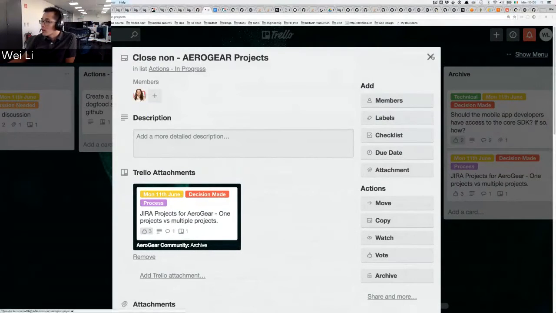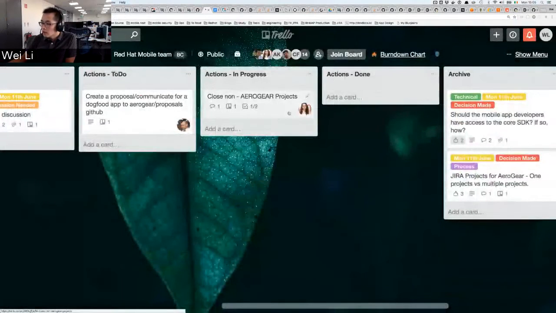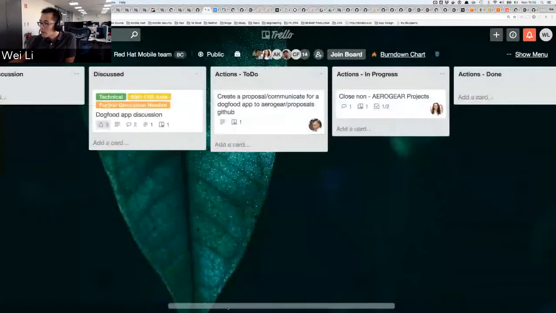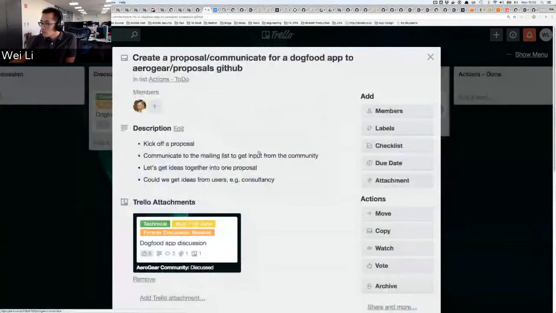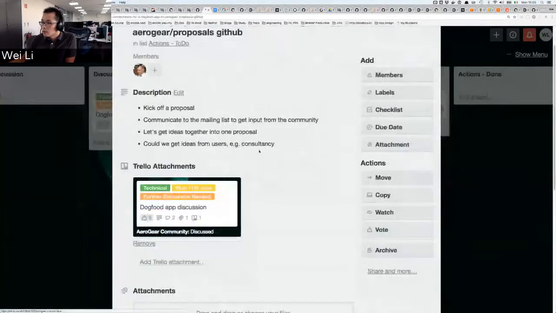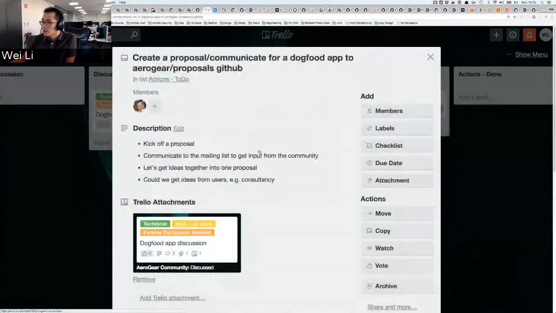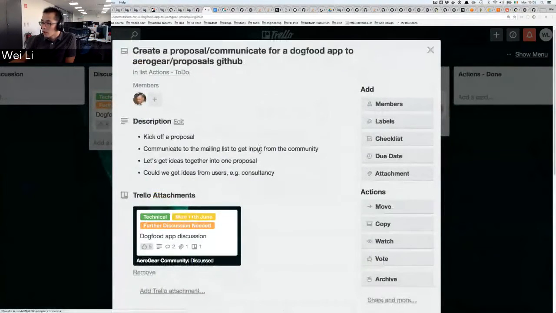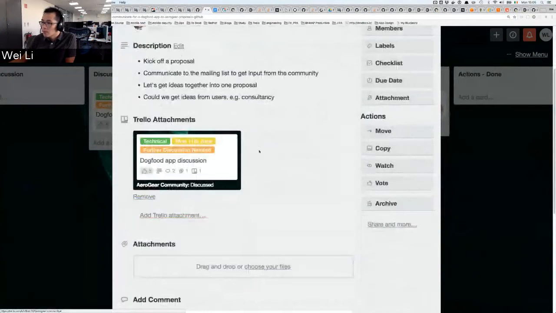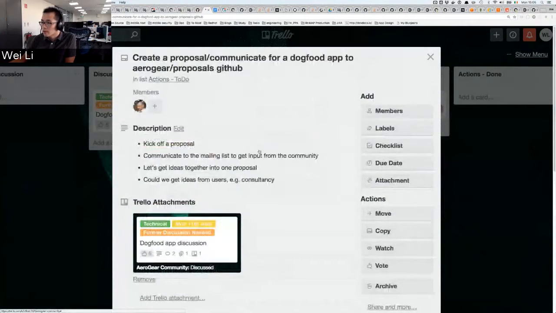Okay. Then let's look at other actions from last meeting. This one we have as a to-do, and this is assigned to Summers, about creating a proposal, communicating the dog food app to the AeroGear proposal GitHub. So Summers, this is still to do at the moment?